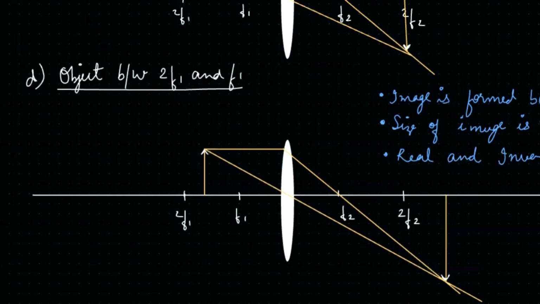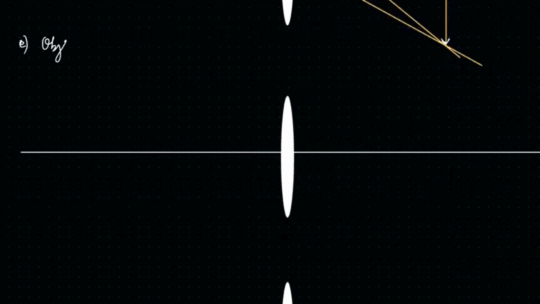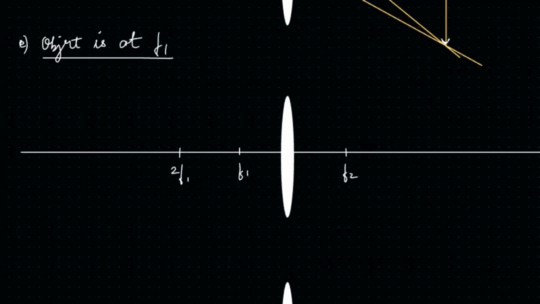The fifth ray diagram we have is when the object is at F1. So this is F1, this is 2F1, this is F2, this is 2F2, and obviously this is the optical center. So the object is at F1,